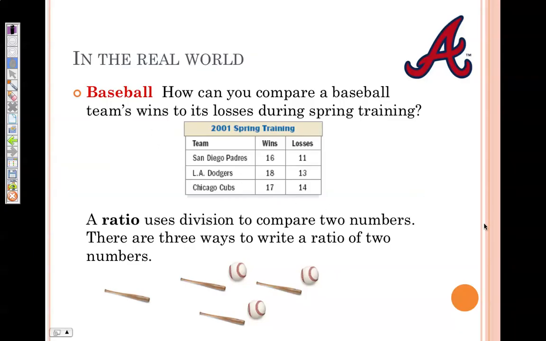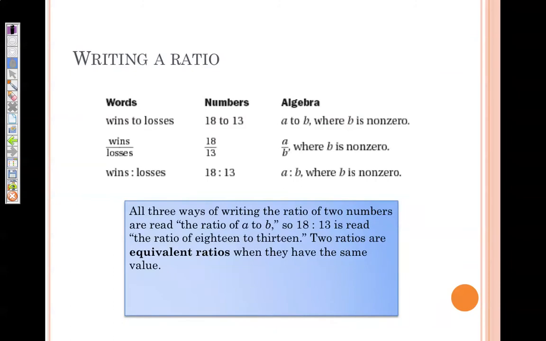Remember, if you need to press pause anytime throughout the course of this video, please do so that you can write down any important information. All right, let's talk about the three ways to write ratios. Those three ways are words, numbers, and algebra. Please find the table in your guided notes and you're going to fill in each of these columns with the appropriate